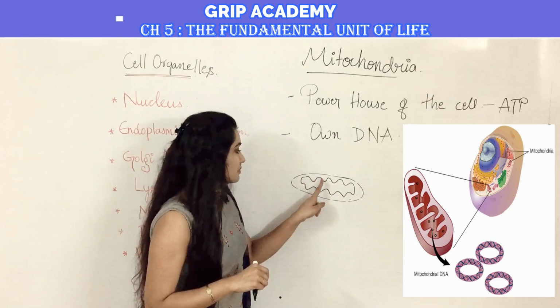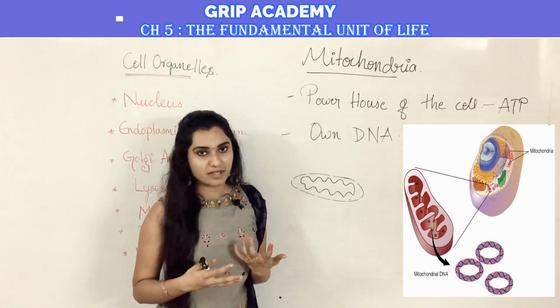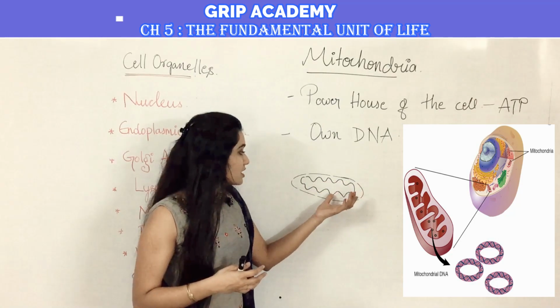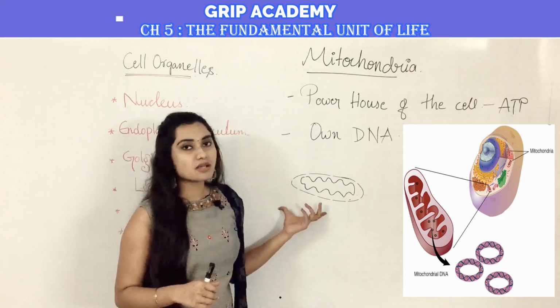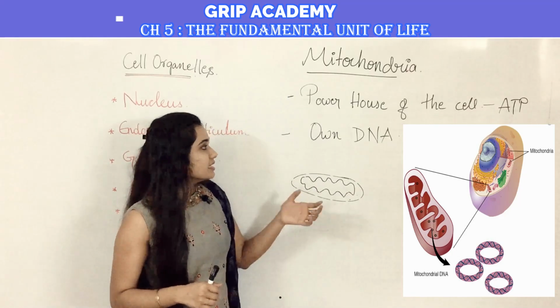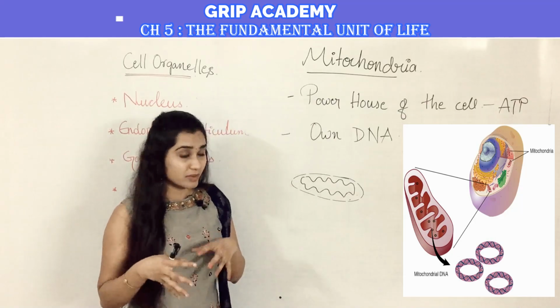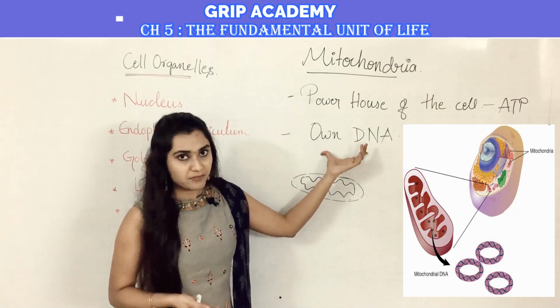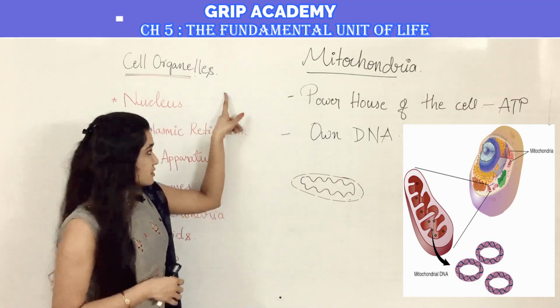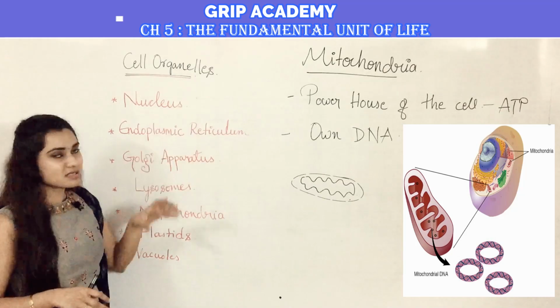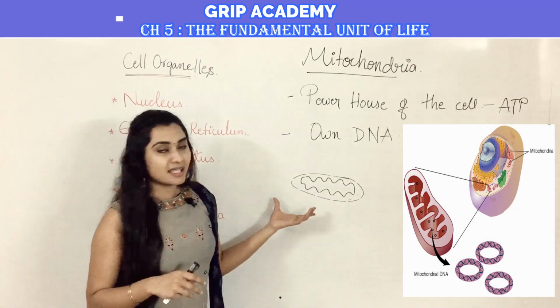Okay, and thus the foldings increase the surface area, and also increase the surface area for generating the ATP. So that's all about its structure. And then this mitochondria has a very special character, in which it has its own DNA. None of the organelles, other than the nucleus, have their own DNA, which contains the main DNA part.